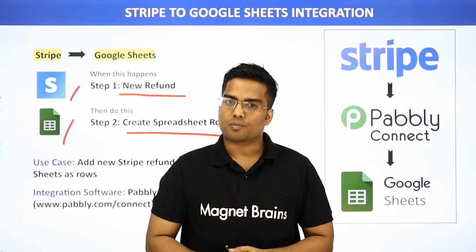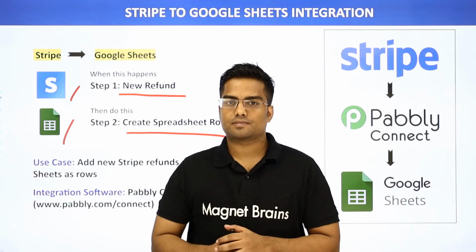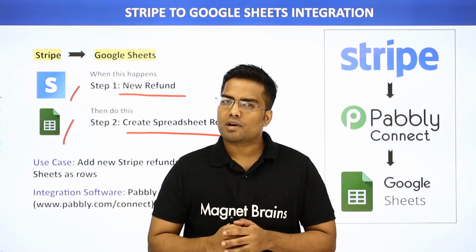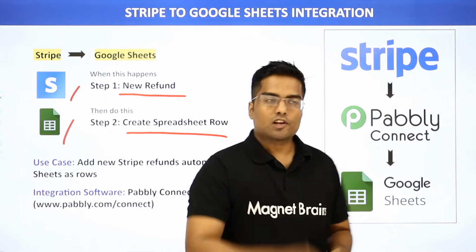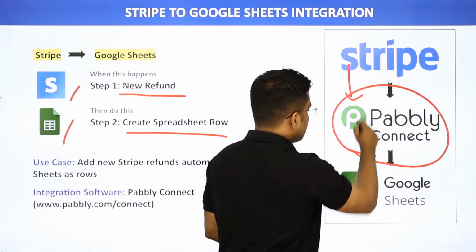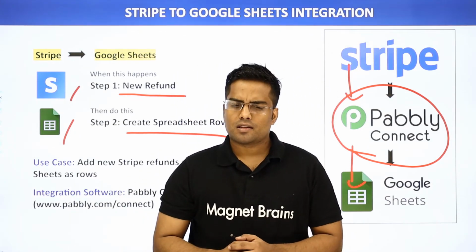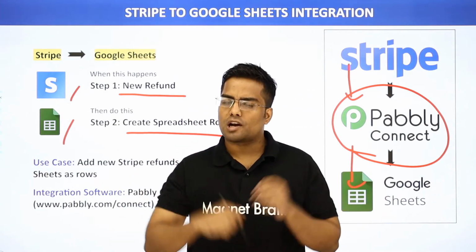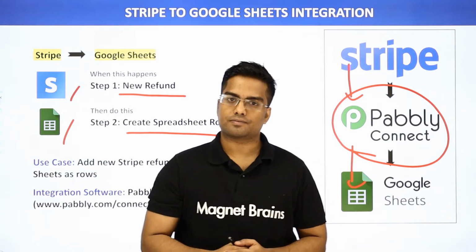But there is one minor problem. The integration between Stripe and Google Sheet is somewhat limited. In cases like these, we need to bring a third app to connect them both. So in this video, we will use Pabbly Connect to integrate Stripe and Google Sheet. And the best part of using Pabbly Connect is, there is no need for coding skills or programming language. It can be done easily. Let me show you on my screen.